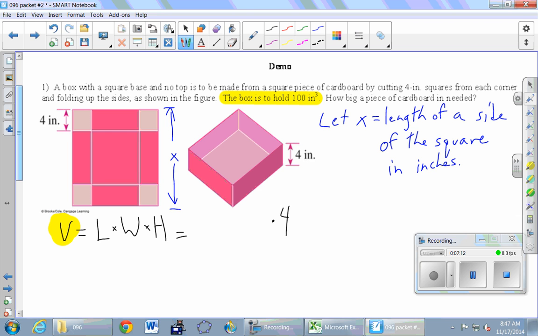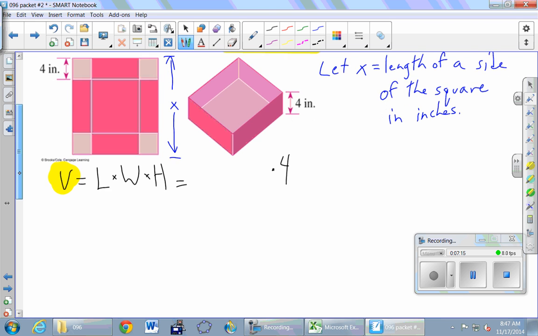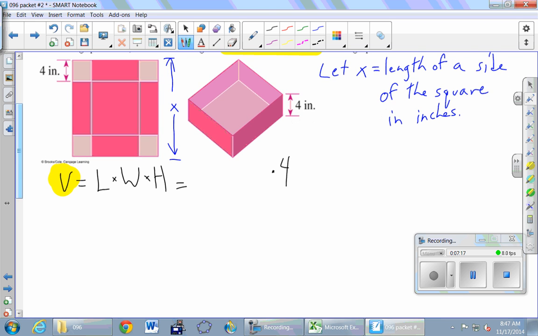And then we need to figure out what the length and the width are, not of the original square, but of the box. So I'll label here, this guy right here is what we're calling L, and this guy over here is what we're calling W. They're both the same, so it hardly matters. But can you guys figure out what those are equal to in terms of the original x? X minus 8. Well, it's 2, but